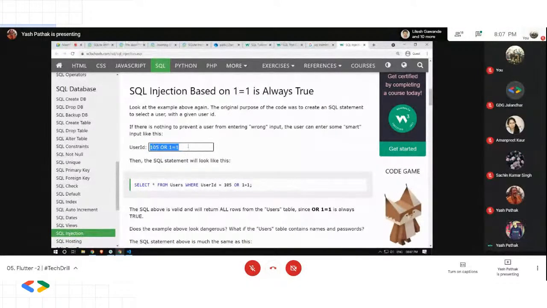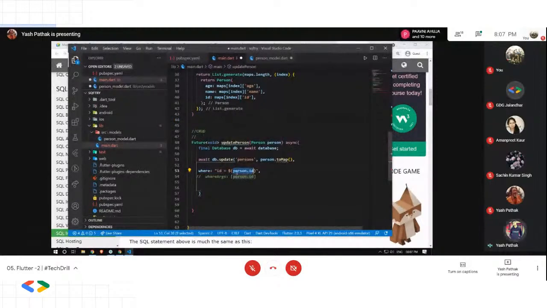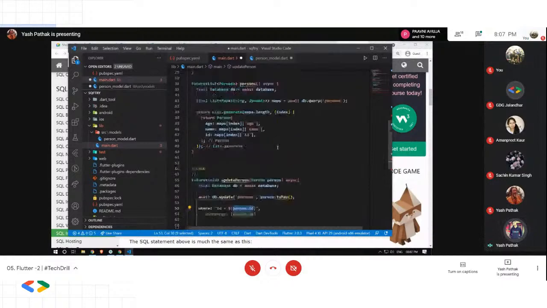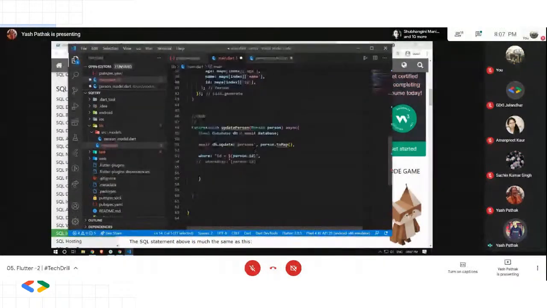So if you write something like this, then this exact thing will get copied away right here, and this will be carried around in form of a query. And when this will go inside our database query, just like this, okay, it will manipulate a lot of things for us, okay. So to avoid this kind of mishap, we take in use of this method by using where arguments. So this exact same thing we'll be writing in another named parameter, and in place of question mark, this thing will get actually filled up. Okay, so this is an advantage to avoid SQL injection into your SQL servers. Okay,